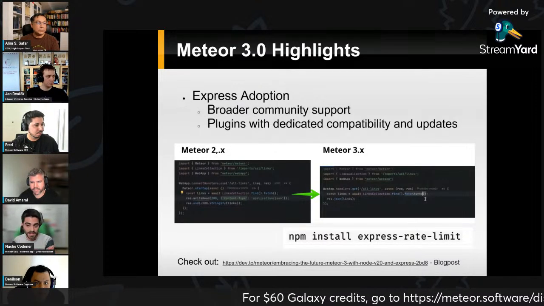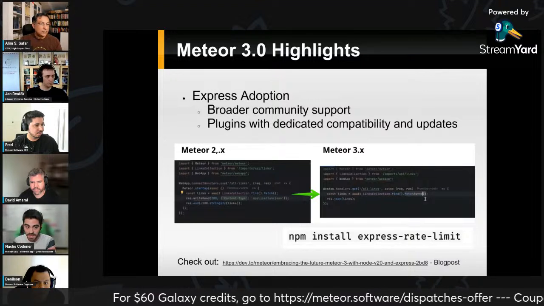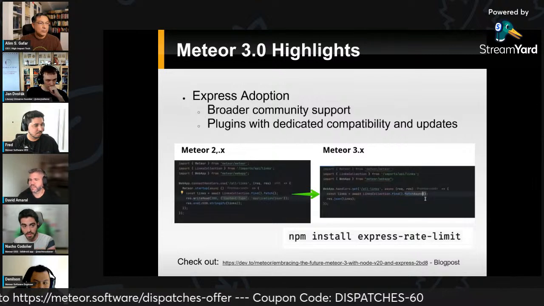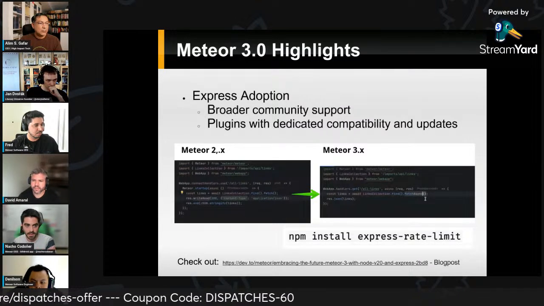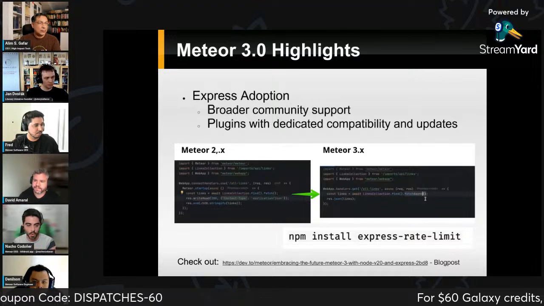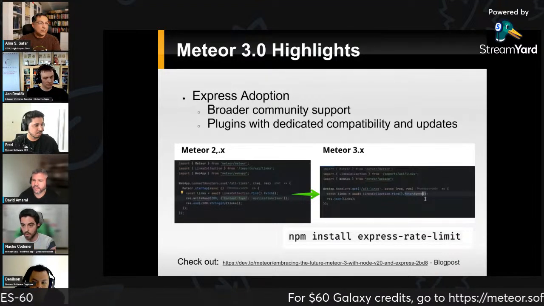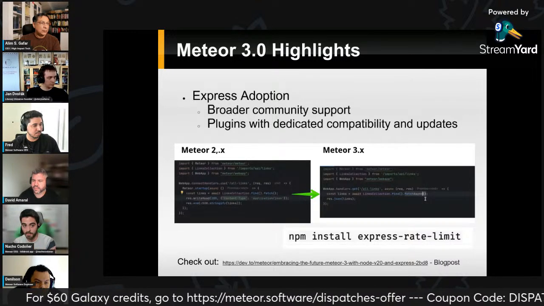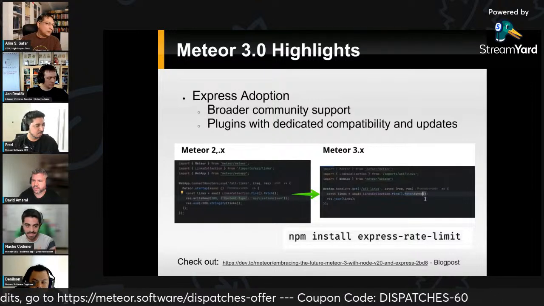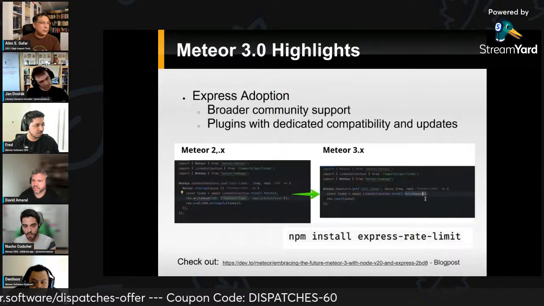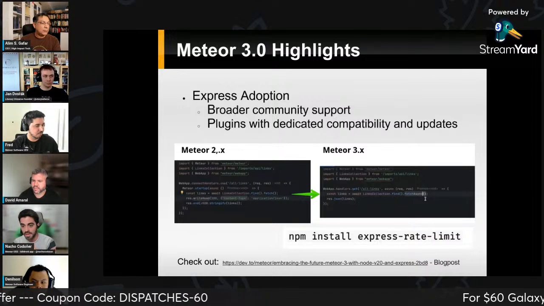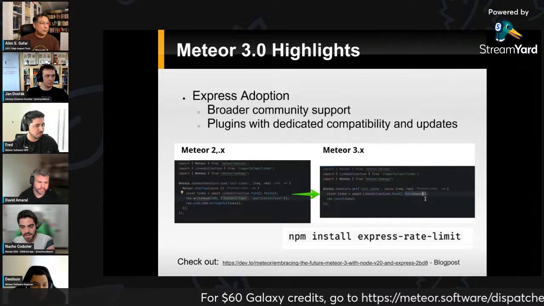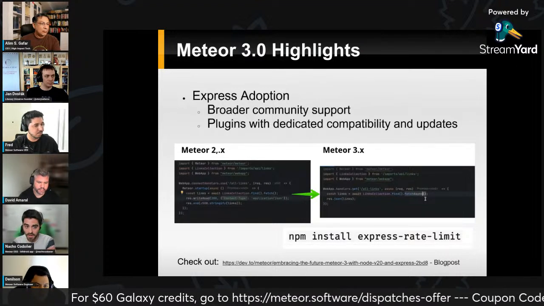Then there is another reason to migrate, and that is that we are replacing some tools within the Meteor ecosystem with widely adopted standards. We were using Connect for our web app framework implementation, and now we are using Express. Going into a larger community is going to provide us more support and maintenance as we tap into a broader ecosystem. We will also have expanded plugin options that we didn't have before, and we will get regular updates on those.